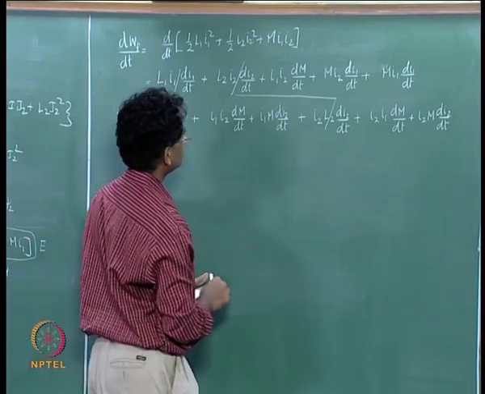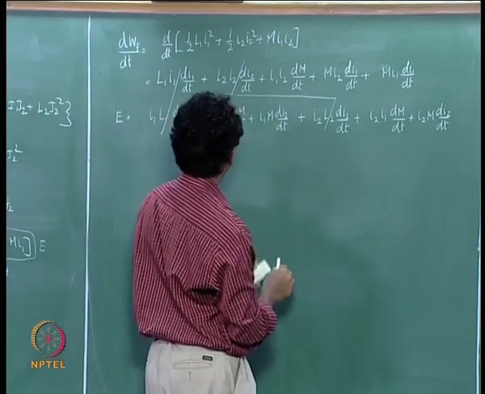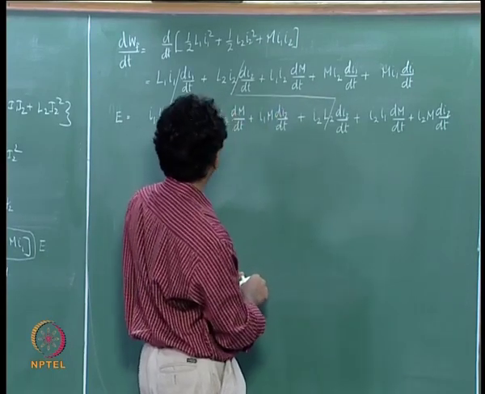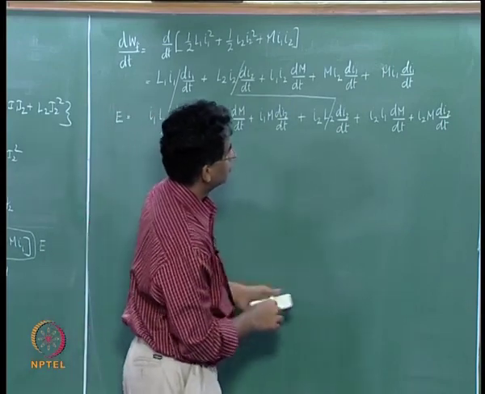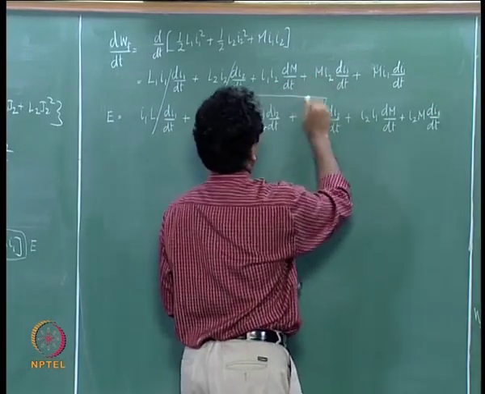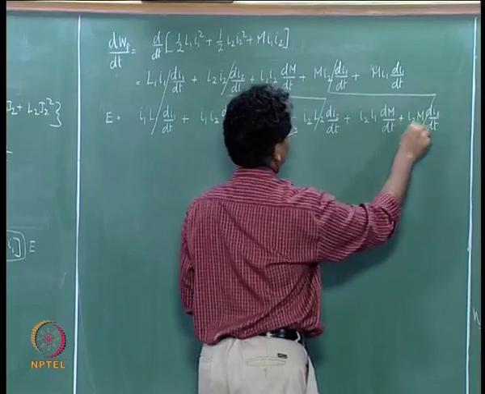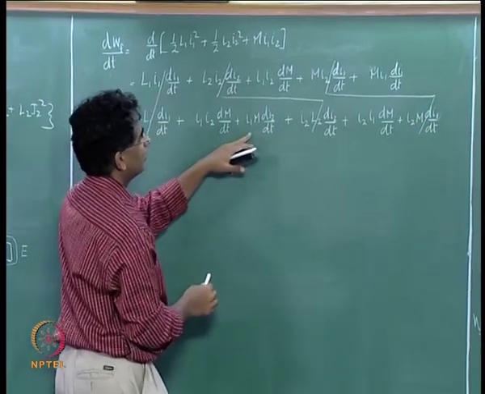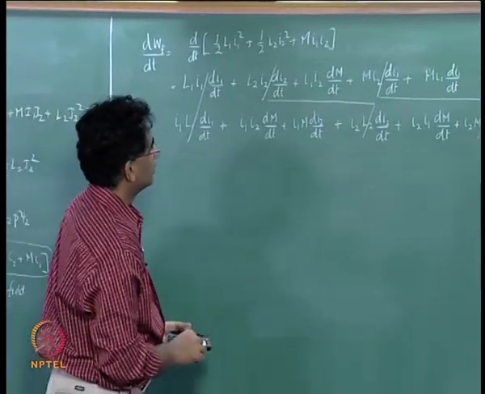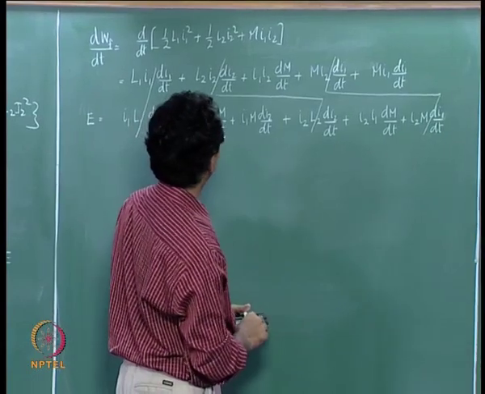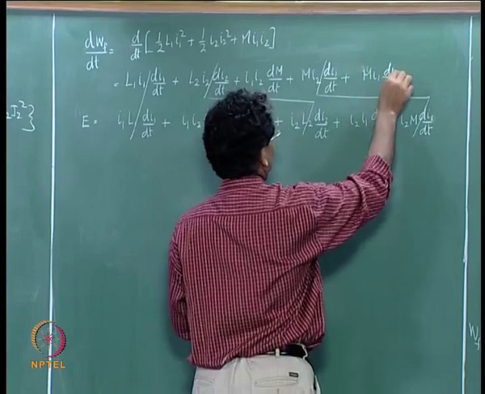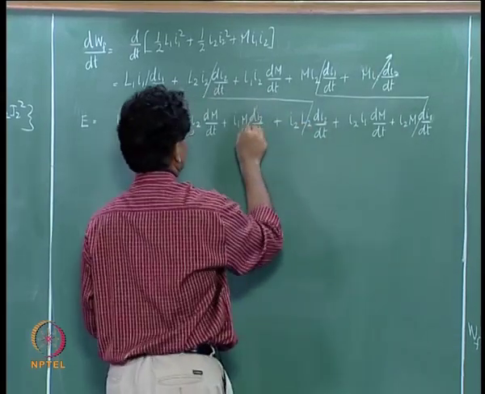Then m I2 di1 by dt, m I2 this must be di1 by dt, so m I2 di1 by dt gets cancelled, and then you have m I1, there is a mistake here, this should be I2, this term and this term gets cancelled,